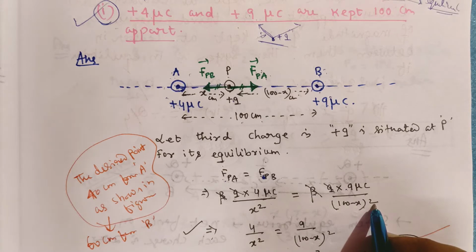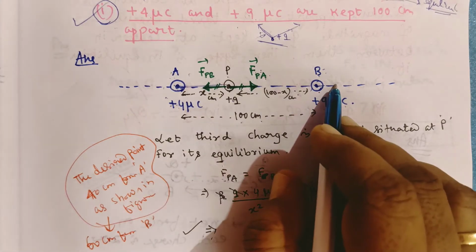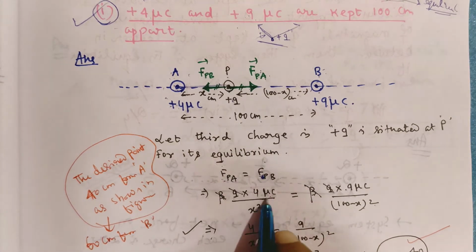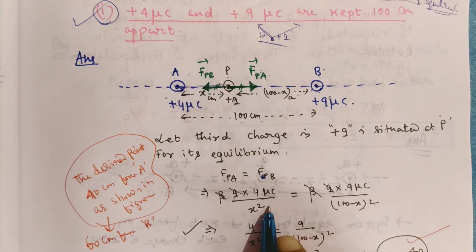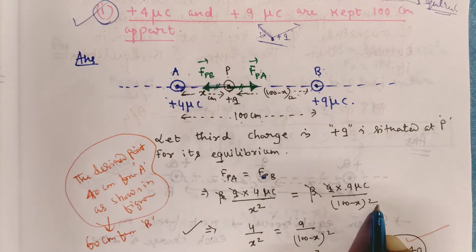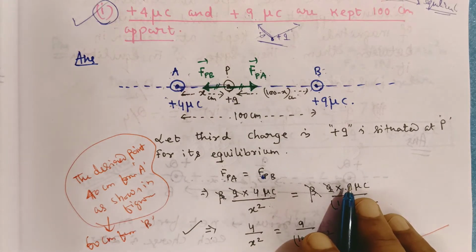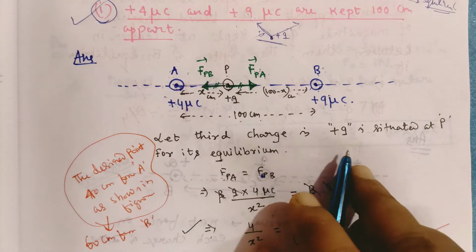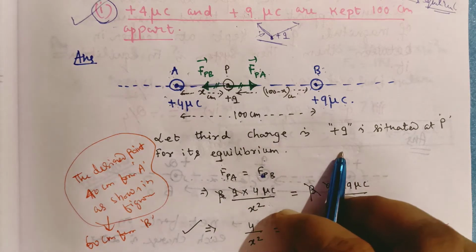Now one thing you can ask me: sir, why are you not changing the units of the problem? Yes, very good. But why am I not changing them here? Here you see, this is microcoulomb and this is microcoulomb, so obviously they cancel. This one is centimeter squared and this one is centimeter squared, so obviously they cancel. That's why we have not changed the units here, because this is a ratio problem. Unnecessary time would be wasted, so in this problem you do not need to change the units.